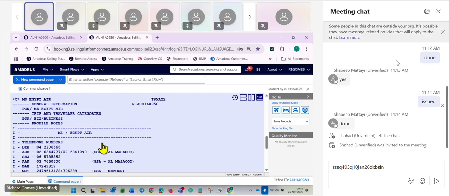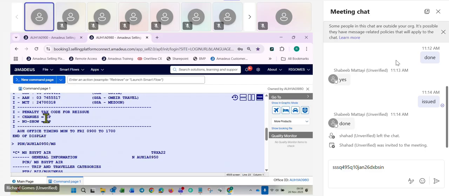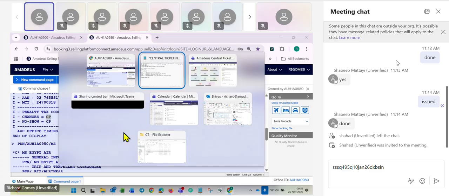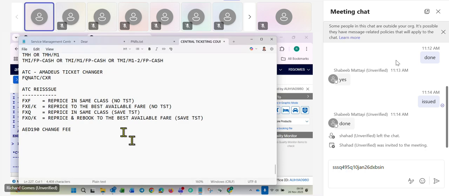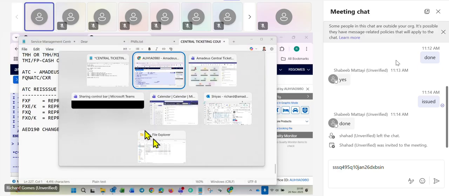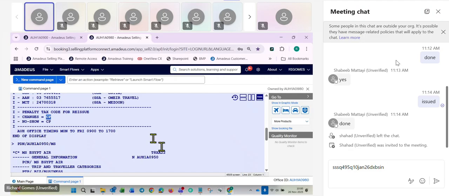Okay, so in this case for our airline, we can see that Singapore Airlines is collecting the date change penalty as Charlie Papa tax. So I'll make a note of this. So I have to collect 190 dirhams as Charlie Papa tax. Okay. Now that I find out what is my date change penalty,